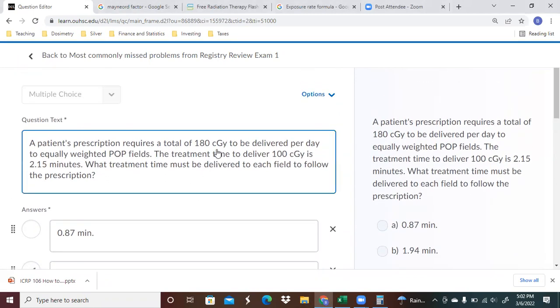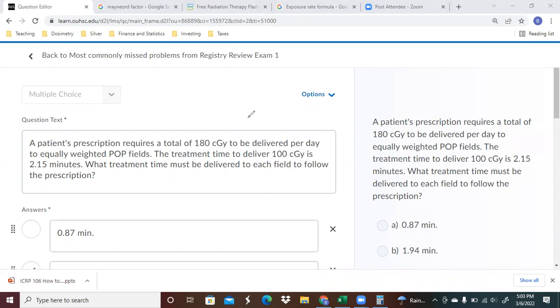So we know proportionally that it's going to take for 180 centigrade, we know it's going to take 2.15 minutes. Now, seeing as how